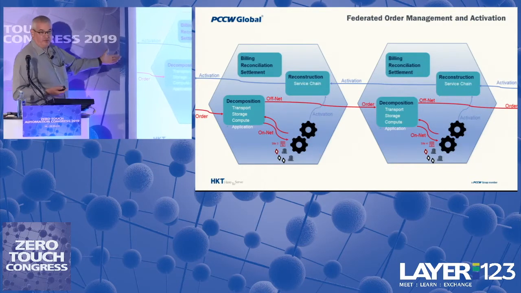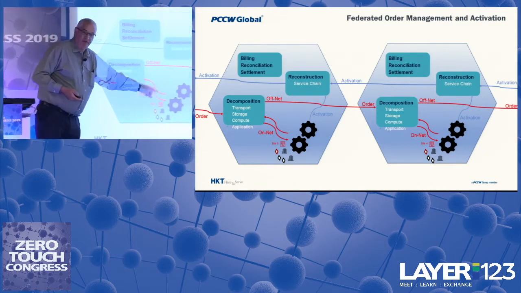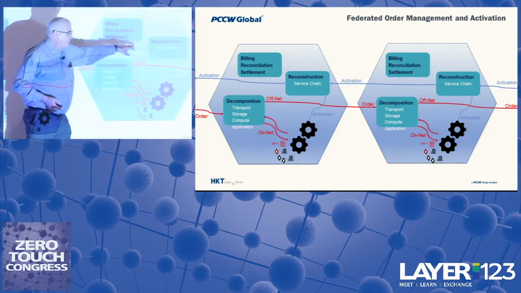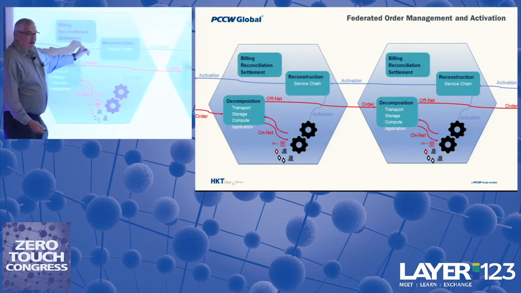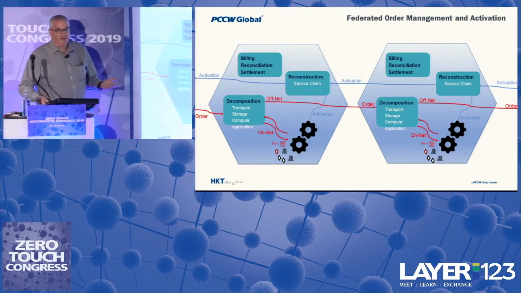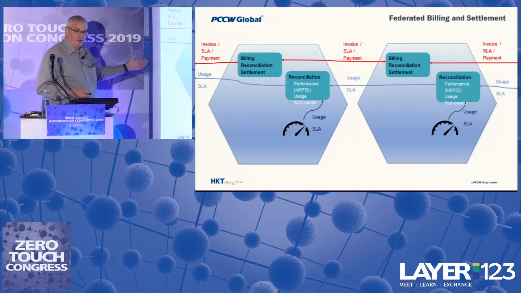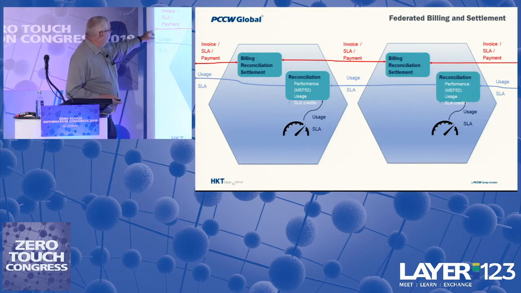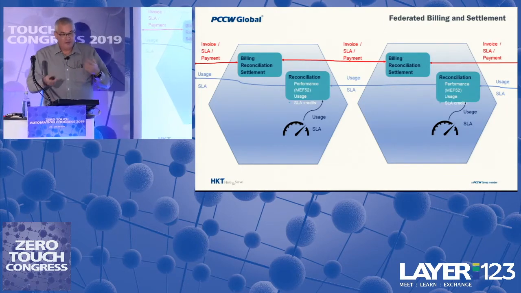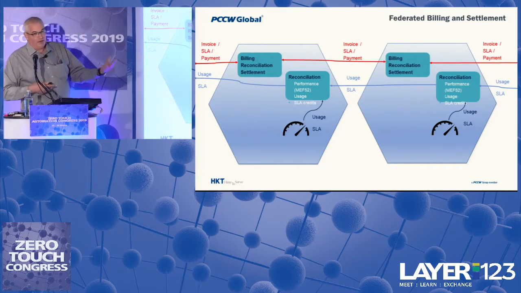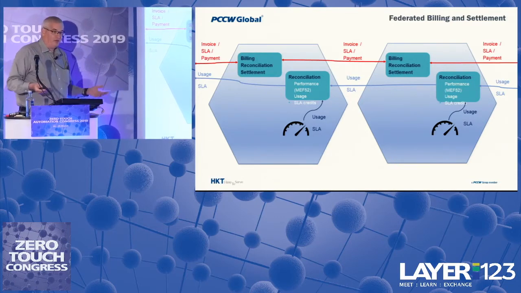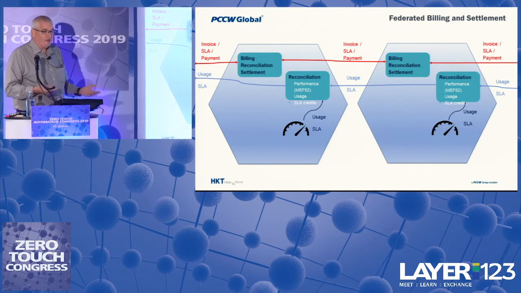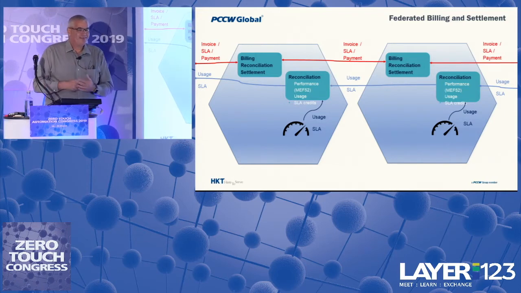Same goes with the service delivery. I send an order, I deliver my own part, there's an extension and that party delivers their own part, there's an activation request, and we service chain everything together, and eventually the customer receives the end-to-end service. Same goes with usage and metrics, etc. And obviously the same goes with payment. I send my payment request, there's an SLA negotiation, reconciliation, possibly some credit calculated, and everything is done automatically. We proved the order again could go through within 1 second. Activation was simulated, so that's probably not the real thing.